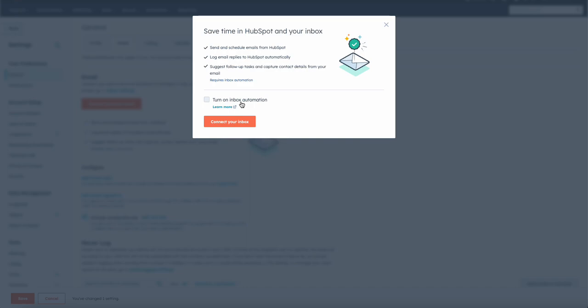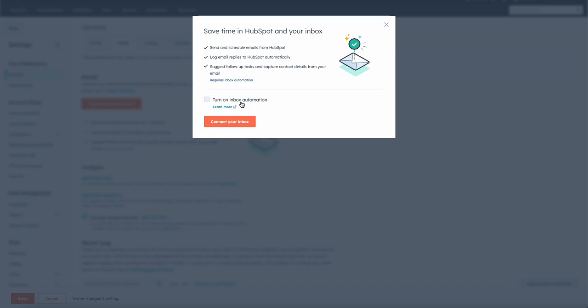I always leave this off because I never want HubSpot to assume data from emails is the truth. So I always only put in the data I want into HubSpot, either manually or from contacts entering it. I never want HubSpot to use AI to assume anything, so I always leave this off. You may want that. You may want to toggle this on. All it does is tell HubSpot, if I'm corresponding with a contact that's in my HubSpot account, feel free to use your AI to read the email, read the signature, and try to find information from that email to put